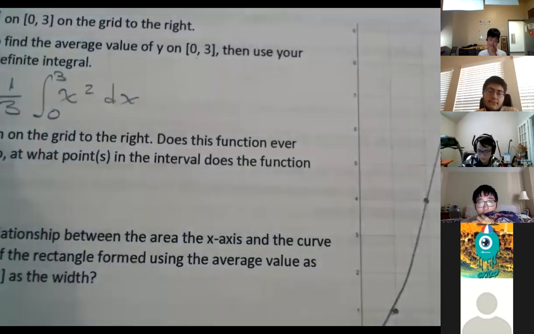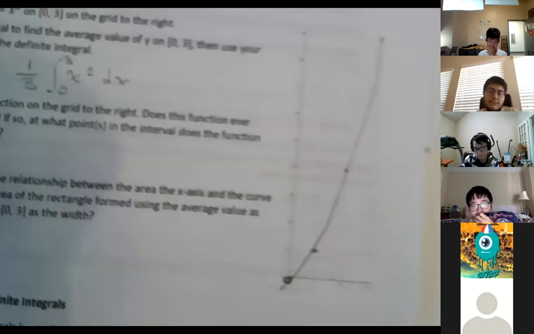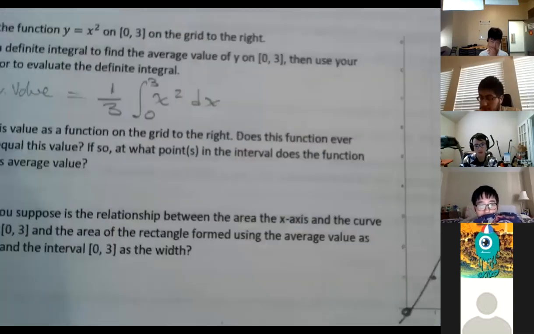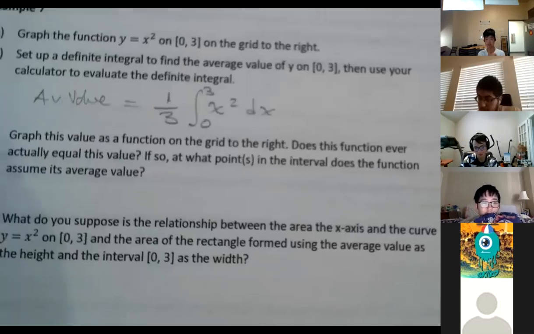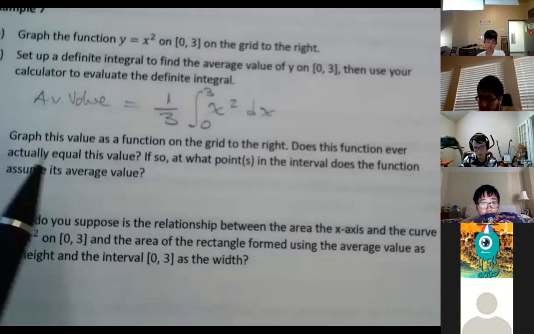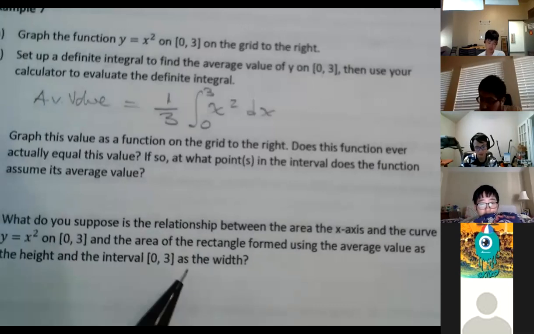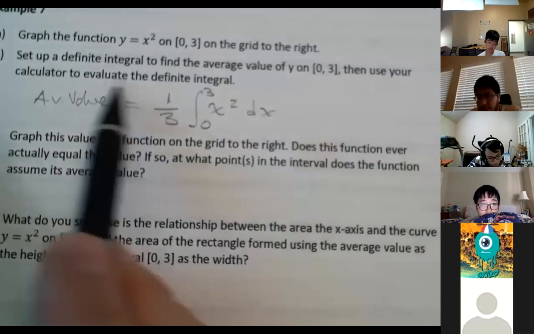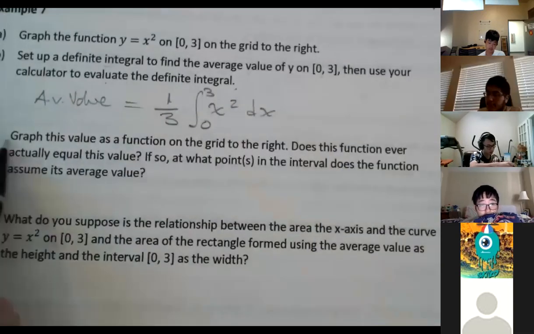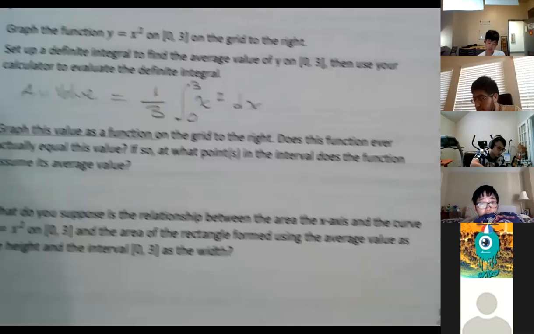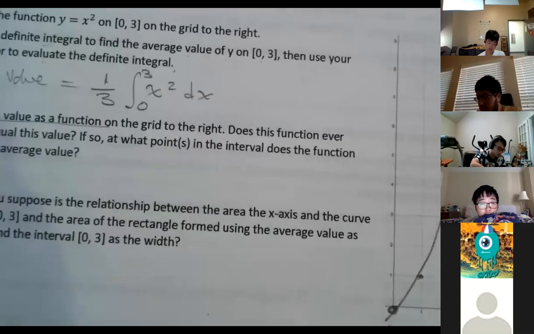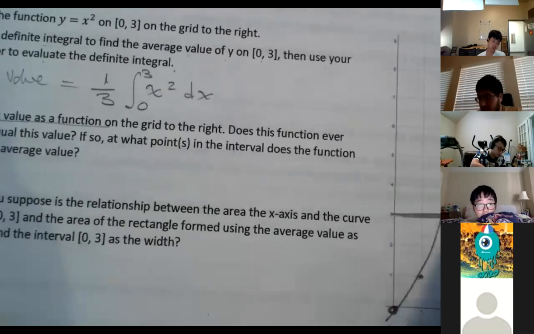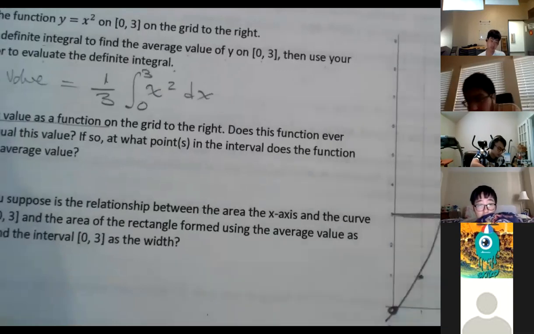So they're saying, okay, set up that and find that value on your calculator. Set up the definite integral, find the average value, then use your calculator to evaluate that integral. Graph this value as a function. So what value are we graphing? 3, right? So this is the average value. 3,